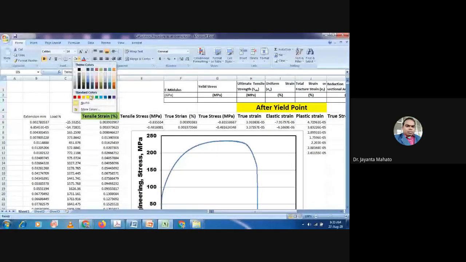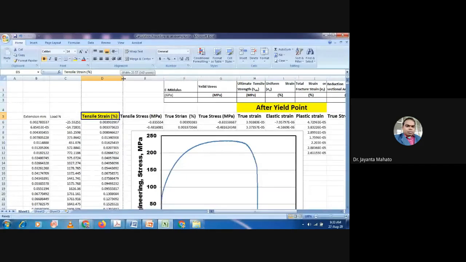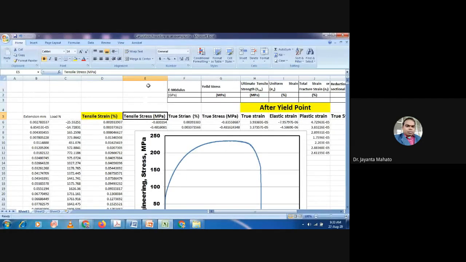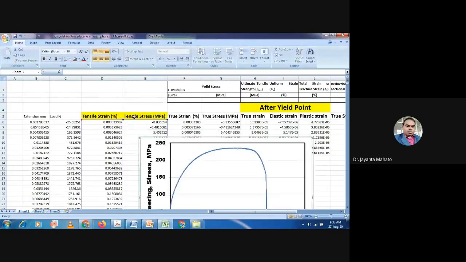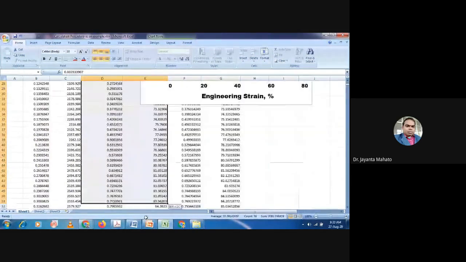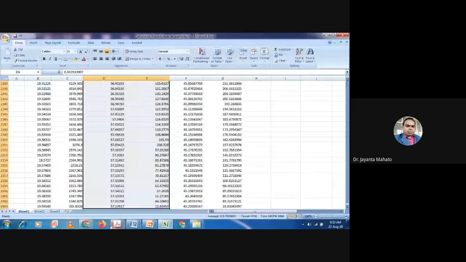These are the engineering tensile strain data obtained from the extensometer, and these are the calculated tensile stress values, obtained from the load value divided by the cross-sectional area. Now these two columns are the engineering stress and strain values.